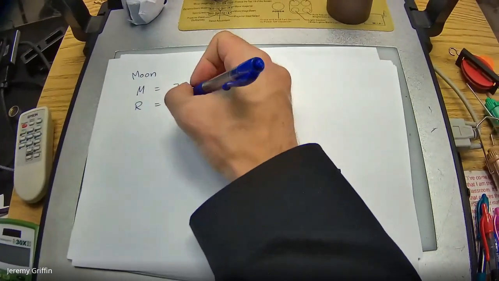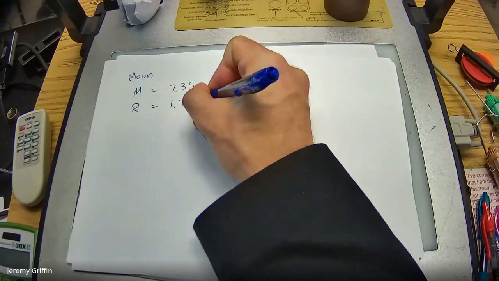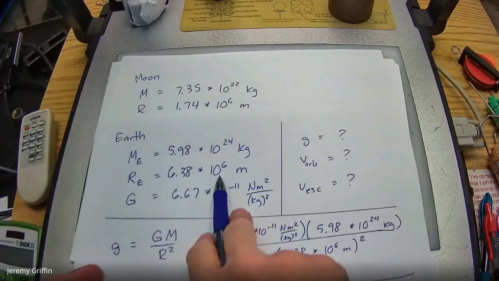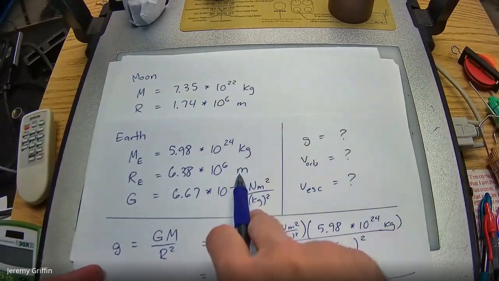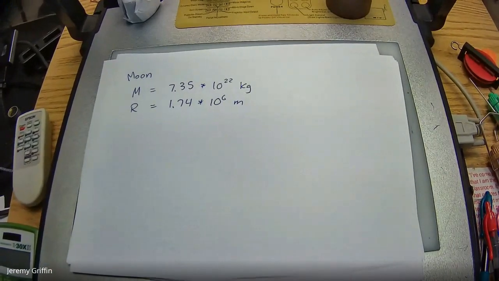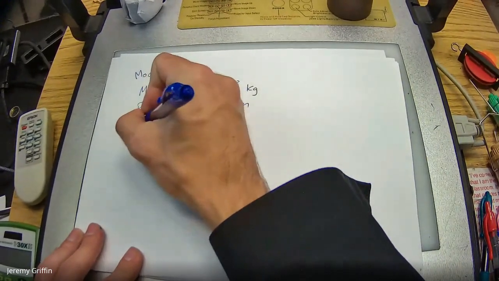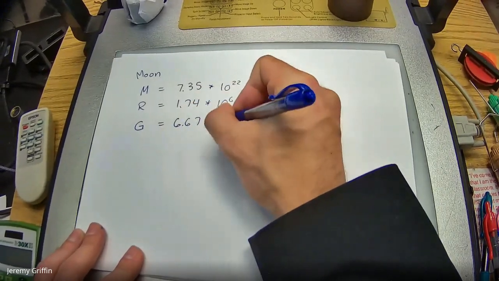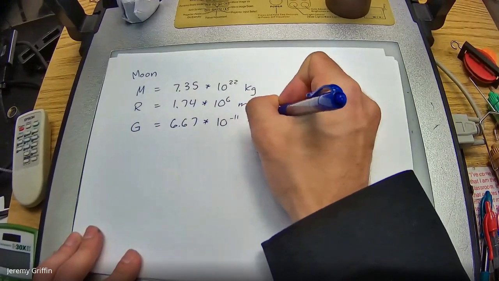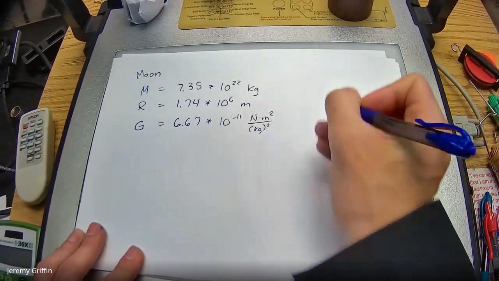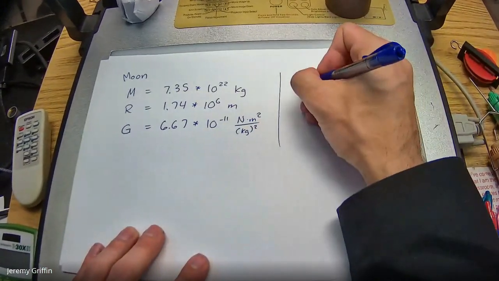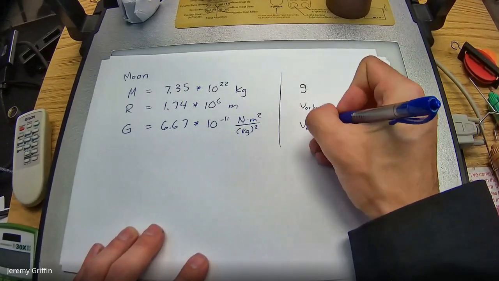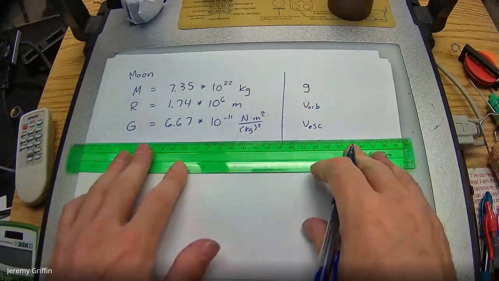Radius size of the moon, 1.74 million meters. And remember, the Earth was also order of magnitude of some millions of meters, so it's really similar order of magnitude in terms of the size, like the radial size, but the mass is off by a factor of 100. Interesting. Universal gravity constant, 6.67 times 10 to the minus 11. Bunch of units. Okay. And same questions as before. What is the gravity field on the moon? What is the orbital speed, say in a circle? And what is the escape speed? Like how fast do you have to go to fly away from the moon?